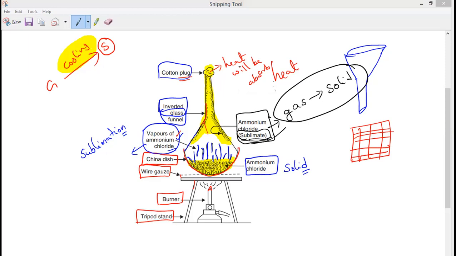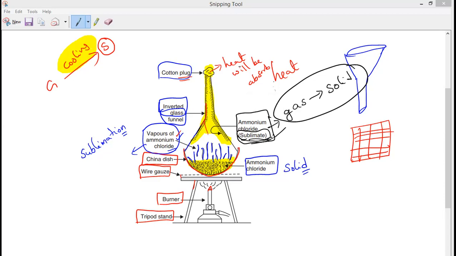And naphthalene balls. Do you know naphthalene balls? White color naphthalene balls. Please respond. Yes, sir. Naphthalene balls are kept in cupboards and the like for a particular period of time. Then automatically their size keeps decreasing. After a few days, they disappear completely. So this is also a sublimate product. They never leave even a small residue, no wastage at all. Completely it converts into the gaseous state.